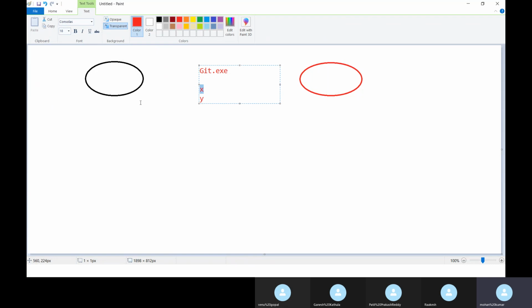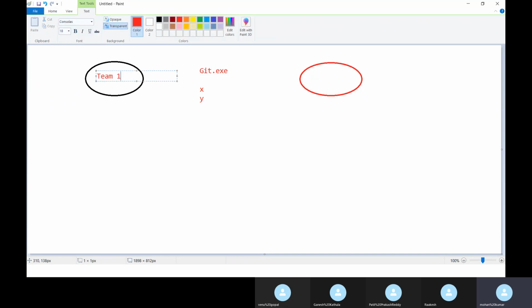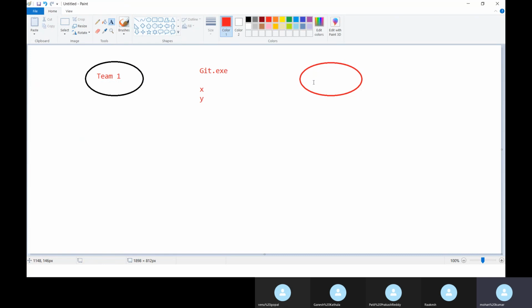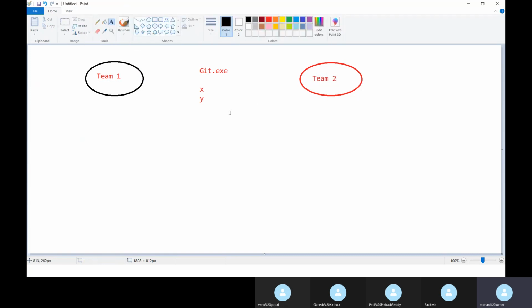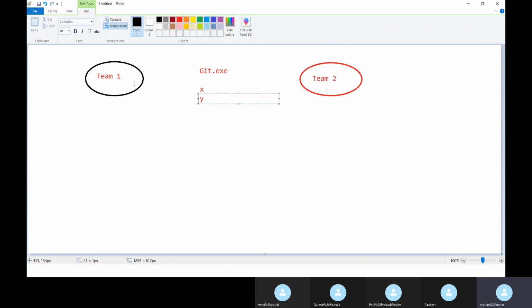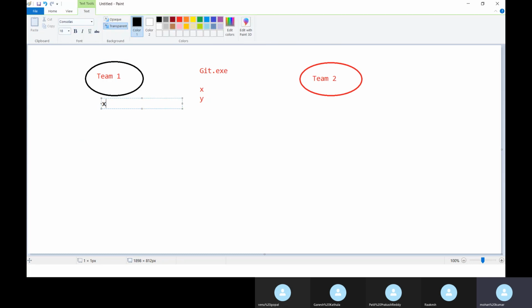By default, this knowledge is not there with both team members. Team member one, who is working on this project, doesn't have any idea about these dependencies, and neither does team member two. Let's say team member one has no knowledge of dependency X, and team member two has no knowledge of dependency Y. By default, without his knowledge, team member one has dependency X already installed on his machine.